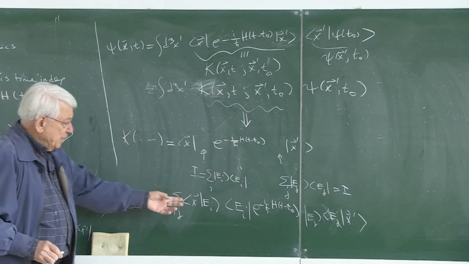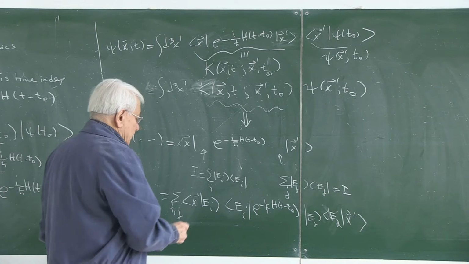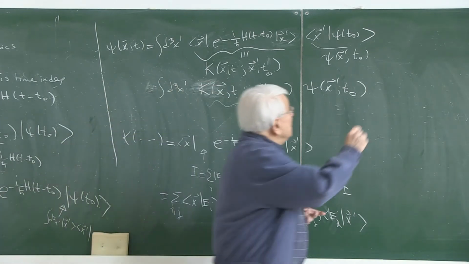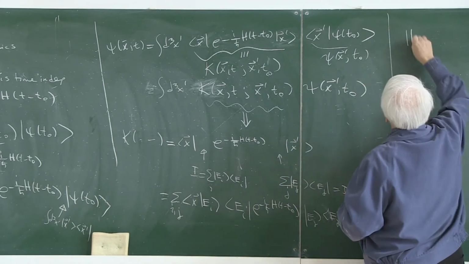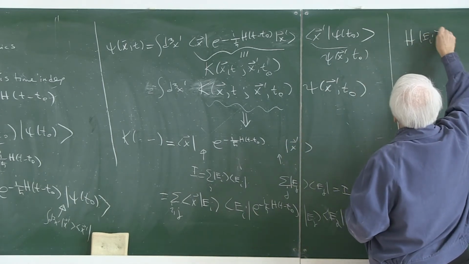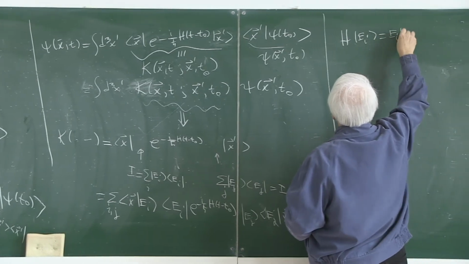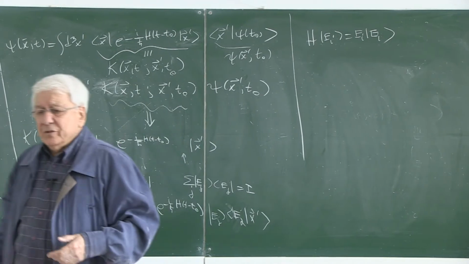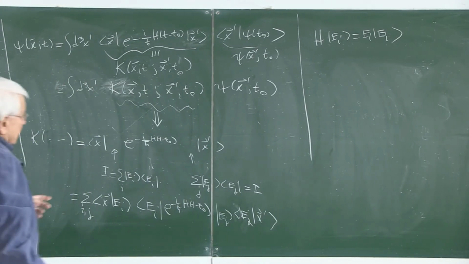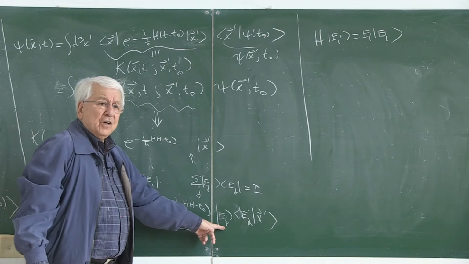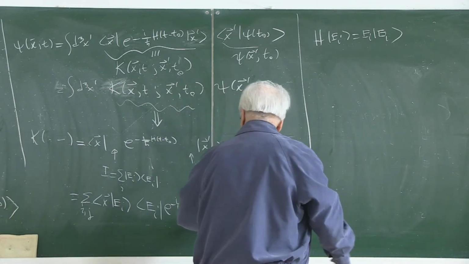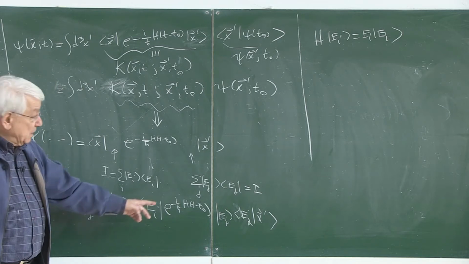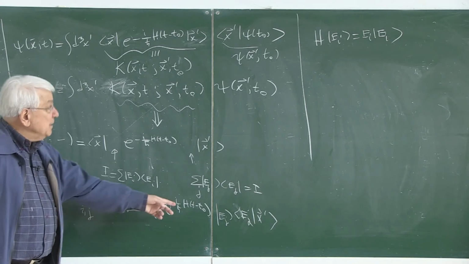Let me leave the first and last factor, but focus on this. The E's are defined in the following manner. Let me remind you the definition of the energy eigenvalue equations, H|E_i> = E_i|E_i>, in line with the usual notation we have been using from the beginning. So then this picks j and becomes a number. You move it out of the expectation value. It's not an operator, it's a number: <E_i|E_j>,